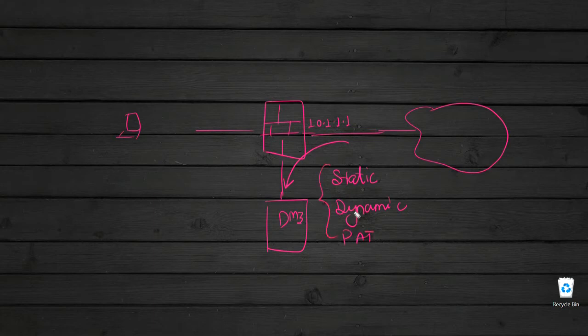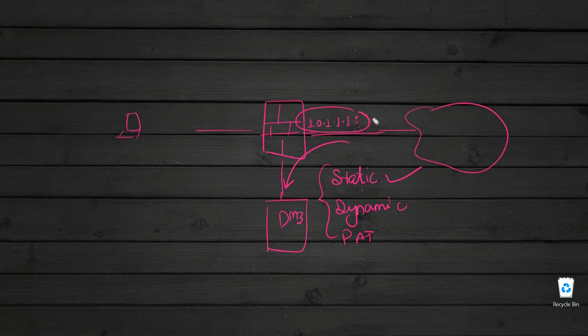What do you guys think it can be, or what it will be? In fact, not what it can be, what it will be. Does anyone have a clue? Now, let me tell you that that is a static NAT. Normally, we prefer static here. Why do we do it, right? Because this